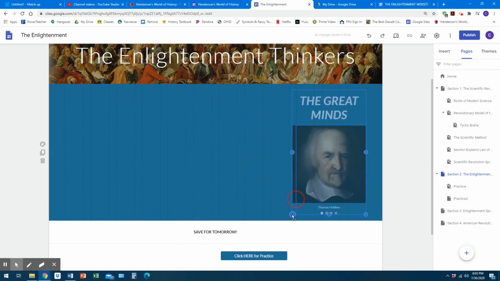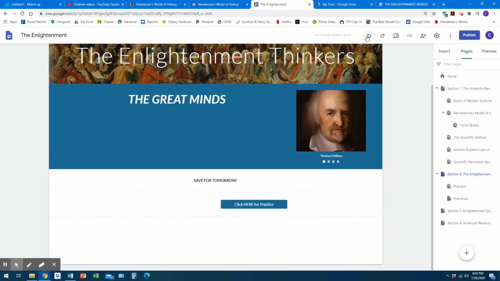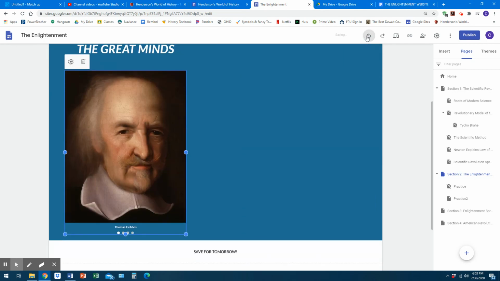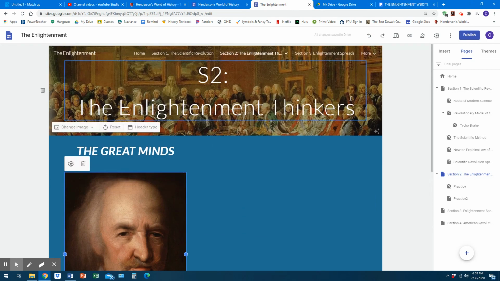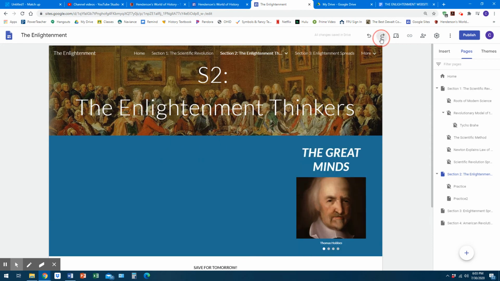Make it smaller like that. And then we'll just set it. So that way it just looks a little neater than where it was way over here. It was too big to fit on, and you can't even see. So we'll redo. And that's kind of our final product for today.